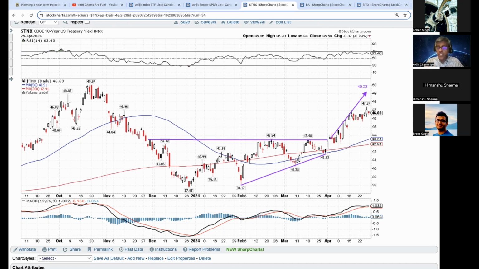Now the momentum is there. I doubt it's going to pull back. We will likely see a 4.9% plus print in the 10-year. But till then, maybe when the market correction plays out, and after that, if we do get a double top at 4.9% and pullback, then it'll be definitely market bullish. So with that,